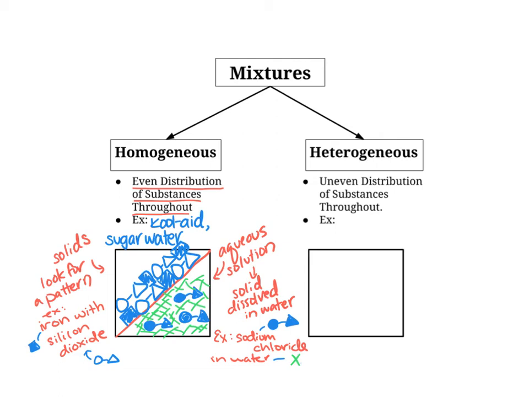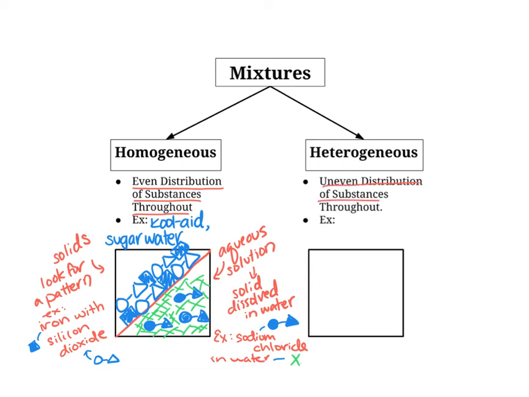An aqueous solution is a homogeneous mixture because those salt molecules should be evenly distributed throughout that water mixture. Now the other type of mixture is known as a heterogeneous mixture, and that is where there's an uneven distribution of substances throughout. So that means that you might have like a chunk of something in one corner, or a large chunk of something in a different corner. If you take a scoop from one side and a scoop from the other side, you won't get the same amount each time. Unlike the homogeneous mixtures where, again, every sip you take should be the same, heterogeneous it might be different because it is an uneven